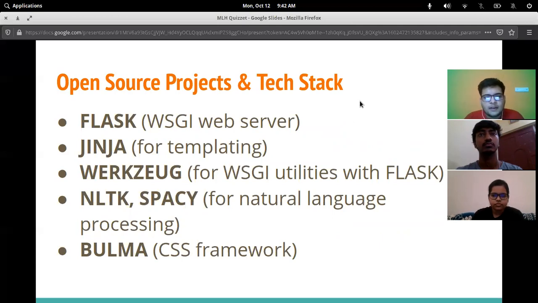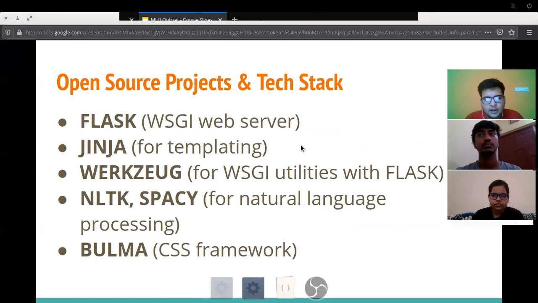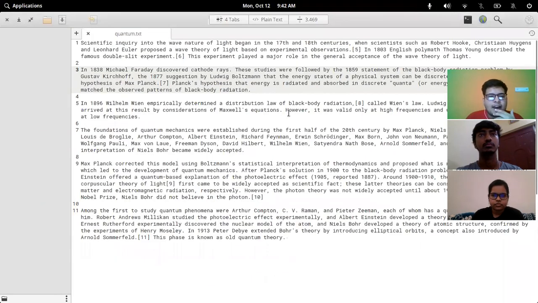So now let's actually see how it works. Here I have a text about quantum mechanics, which has quantum mechanics as the overall topic and many subtopics about quantum mechanics. So we can actually use this to generate questions. This is something you would find in a textbook or general information, right? So if someone wants to generate questions out of this, it's very easy because it has a structure that is recognized by the natural language model.